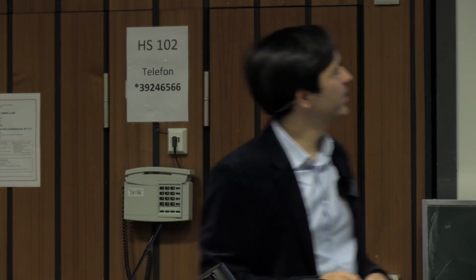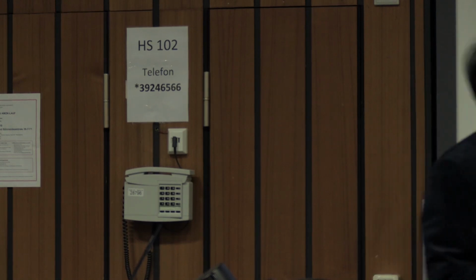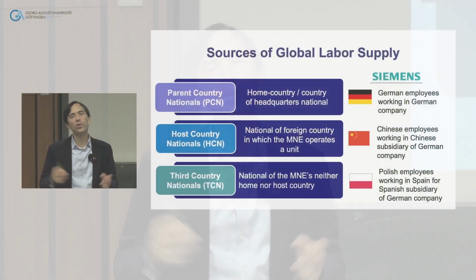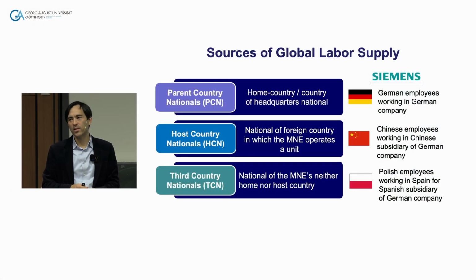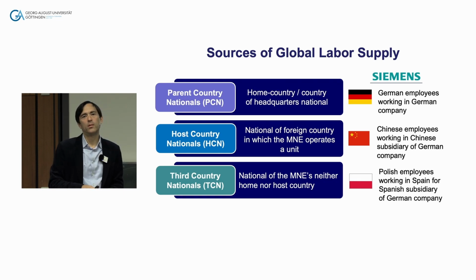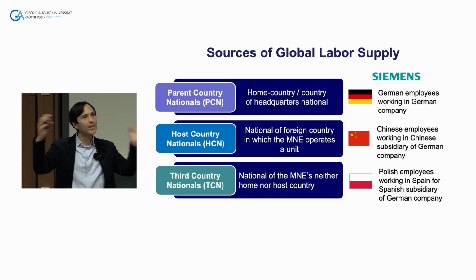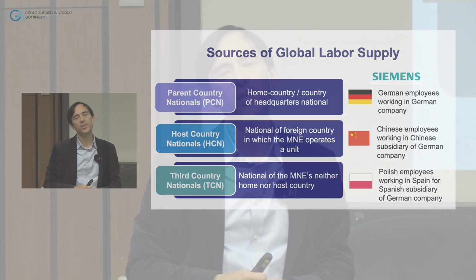The common logic is that companies would like to reduce costs. At the same time, you have knowledge transfer, global development, control, and so forth objectives. But the idea is you would hire parent country nationals and host country nationals mostly. And then third country nationals, maybe there's a skill gap, or you have excellent people, or you have this global talent pool, you have higher level management positions, key positions, and you cannot easily find these type of people, or it's long term for career development, and then you may appoint third country nationals.